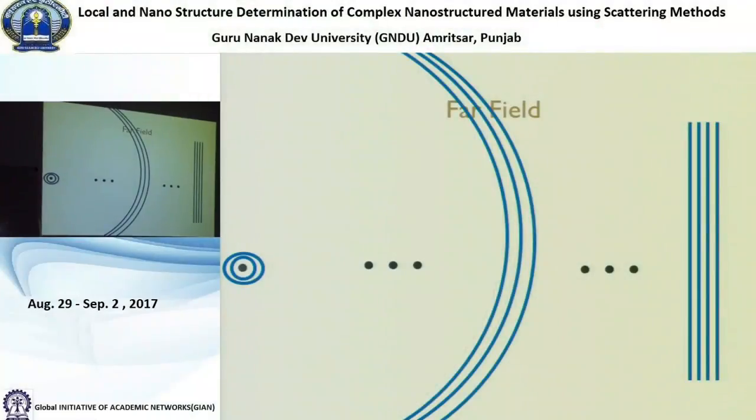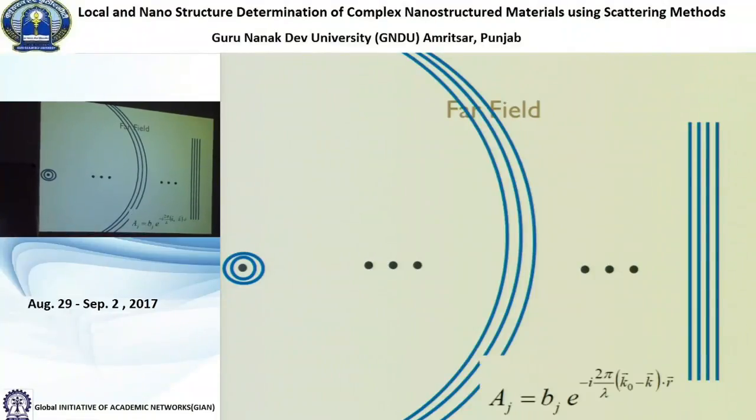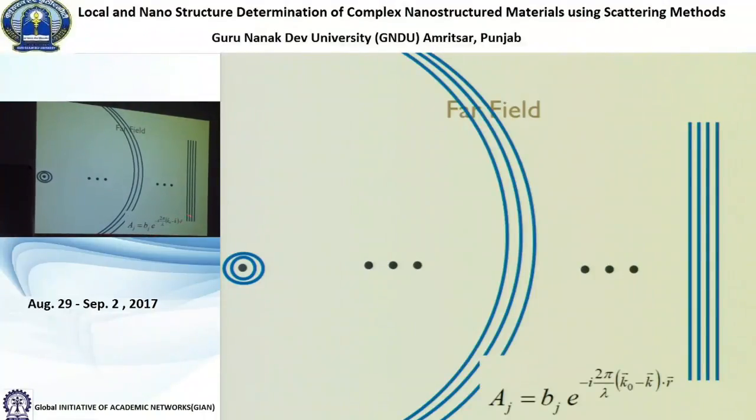Exciting the electrons in our material, and then these waves are coming out and they're turning out to be plane waves out here, and we have a mathematical expression for this wave. The mathematical expression looks like this exponential, which is just a sum of sines and cosines. So it's just a beautiful oscillating